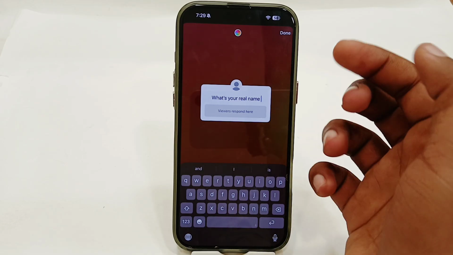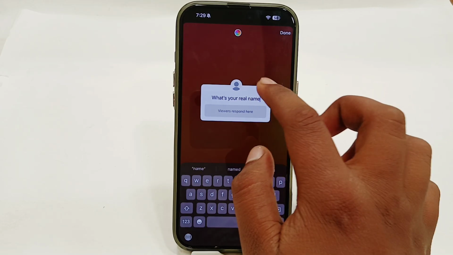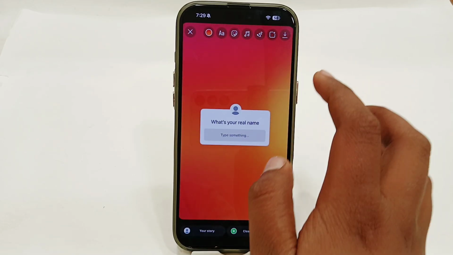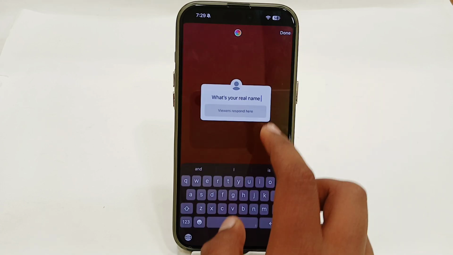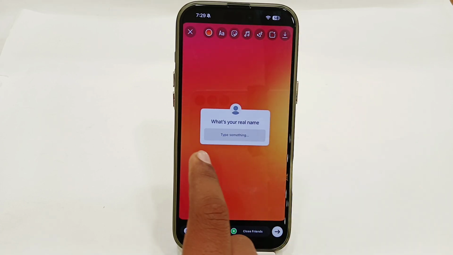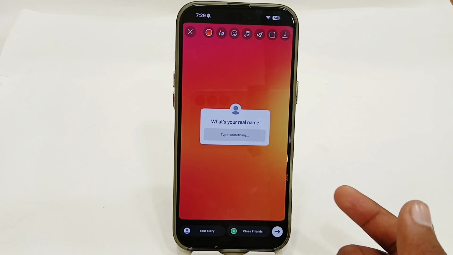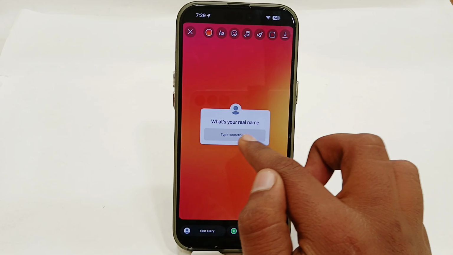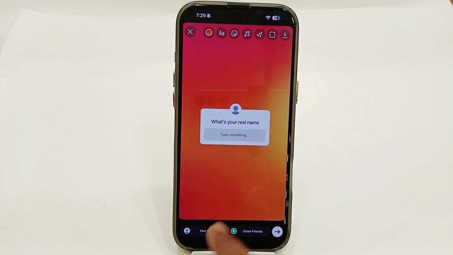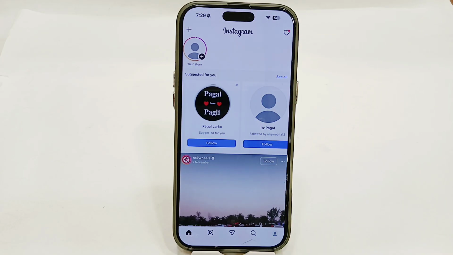So, for example, I have added a question here. Now you can tap on this done option once you have added the question. After that, whenever a person sees it, they will give you an answer in this section. And after that, just tap on this your story option, and it will be sent